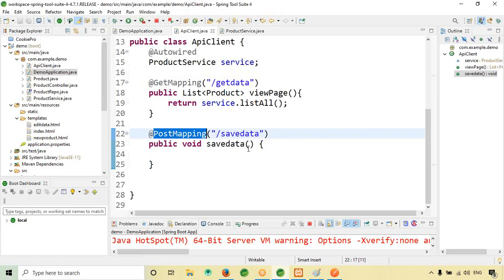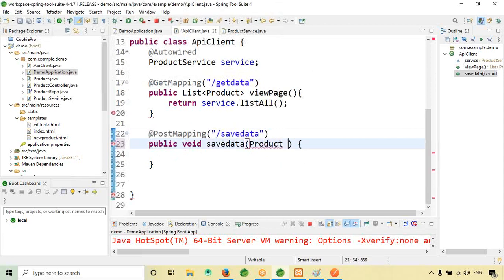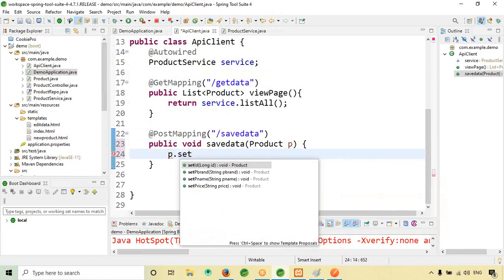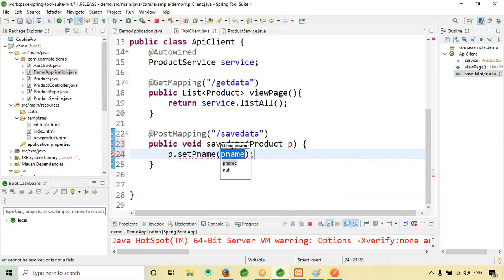So I will use product p. I will give p dot set, oh, okay, ID I don't need to pass. Product name I will pass. What product can I pass?